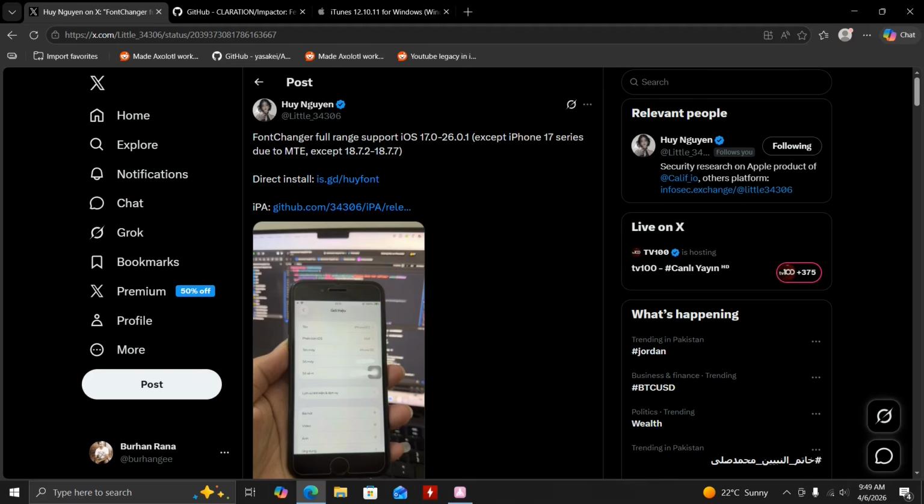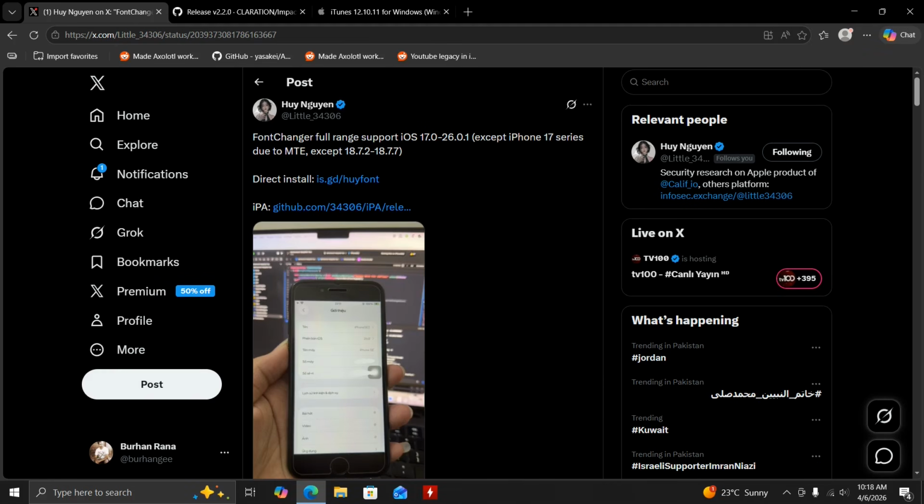So many people ask me about the font changer and how it looks and works. As you can see, I have this official post by the original developer here, and the font changer is released. You can simply get it from here. You'll simply get the IPA to your computer first. For your ease, I will also put the reference to this post in the pinned comments,